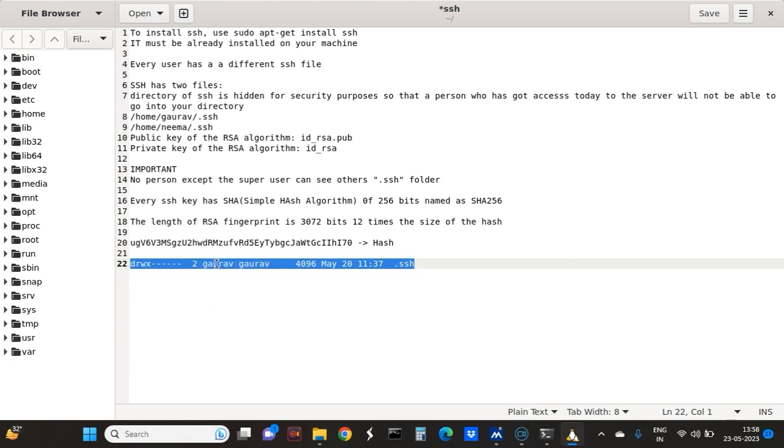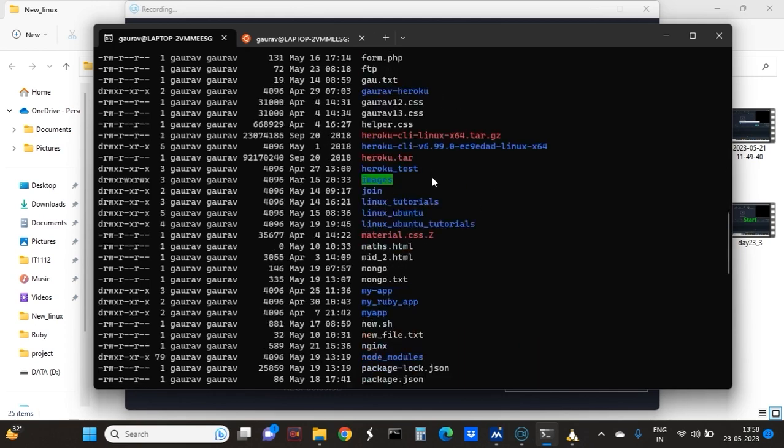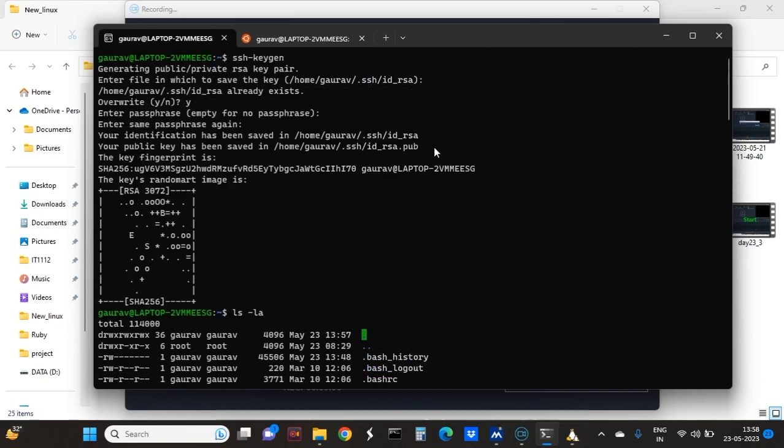So this is the number of symbolic links, that is, it has two symbolic links. So how come two? Because suppose there is this one, but one more there will be. So suppose